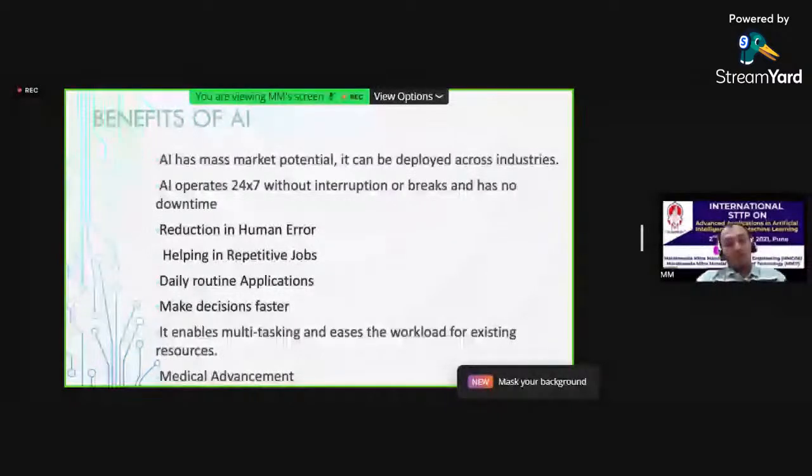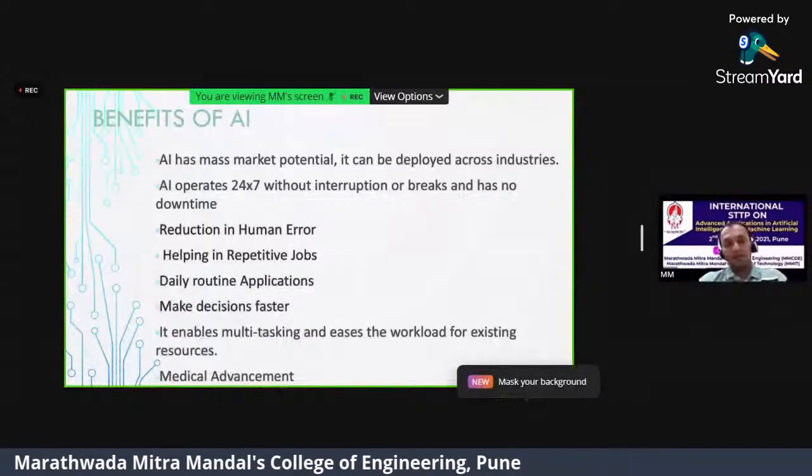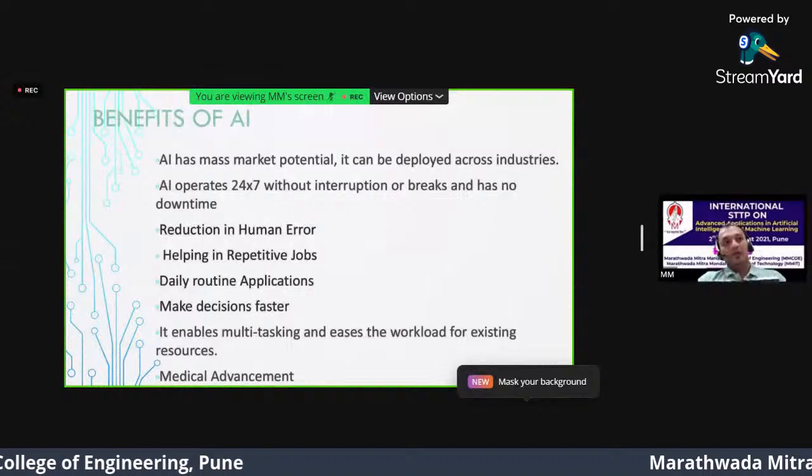Another important part is that you might have seen most of these applications, but I can think of more real-time applications that are currently in use for the benefits of AI. It operates 24/7, so it doesn't have any interruptions, like the light going out, because they have a backup server, or there is a break or a strike going on and no manpower is there to work. So interruptions and breaks are reduced.